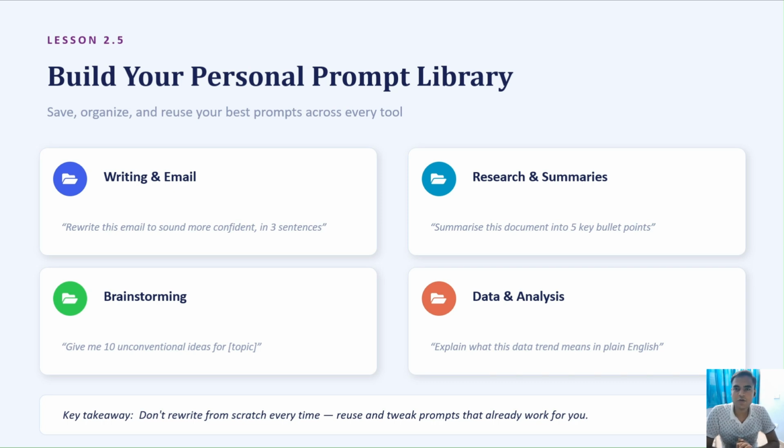So hello everyone, today we will see how to build your personal prompt library. In this session I will show you a document as a sample that you can take. I will provide that document link in a Word document format in the description, and you can edit it or